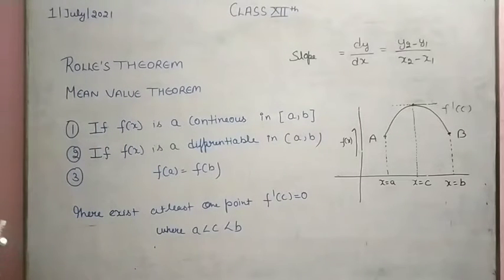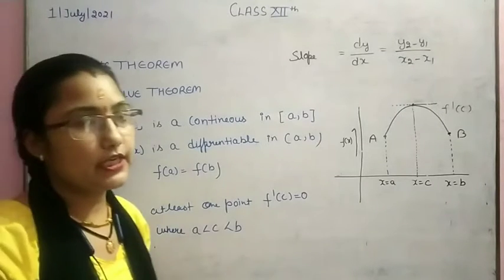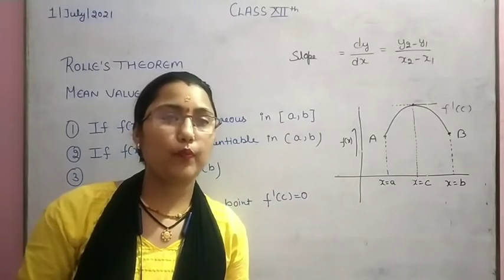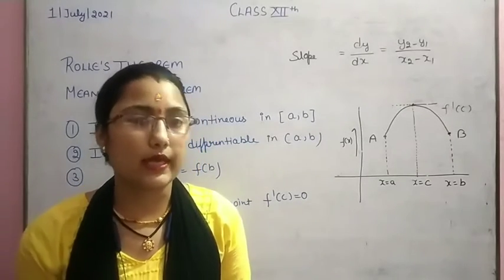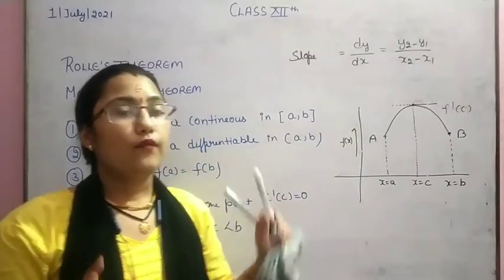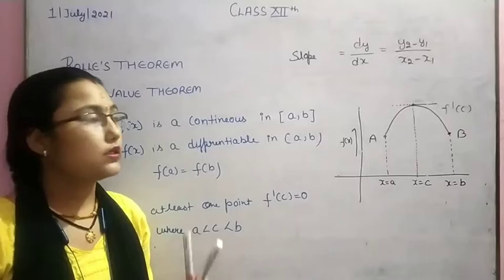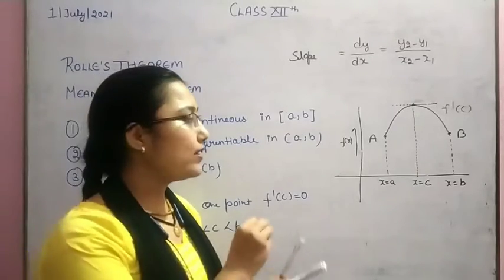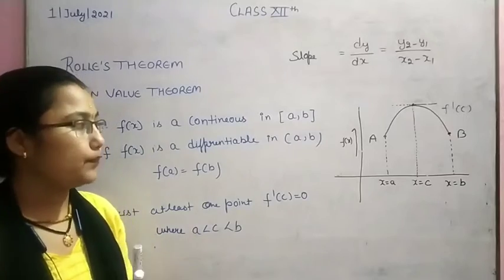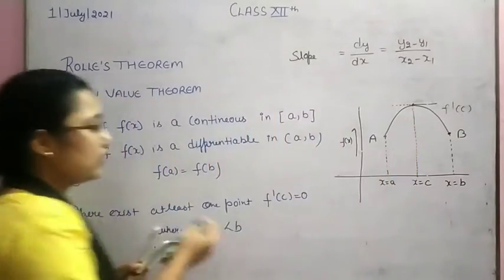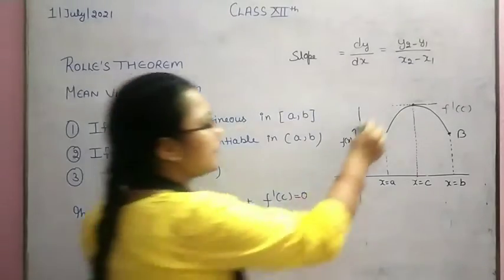This is very easy to understand. It is simply that the function is continuous and differentiable and f(a) equals f(b). That means we have 2 points where the value of the function is the same. So for this graph, we get a point C where the slope of this function equals 0, and that point lies between A and B. Suppose we can draw this graph